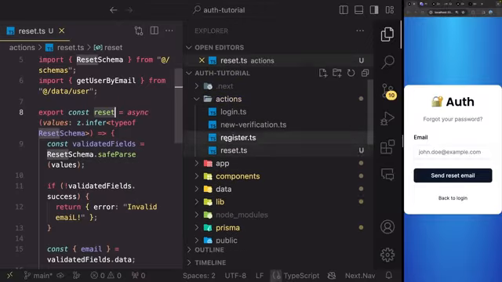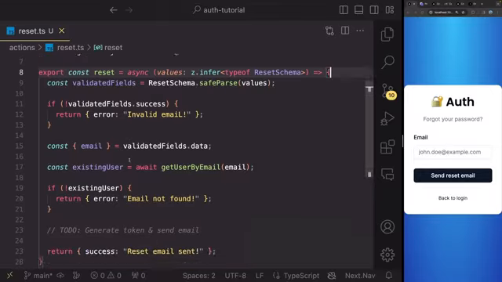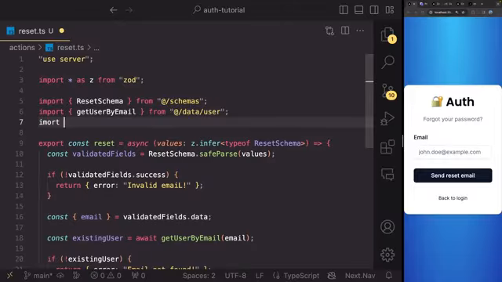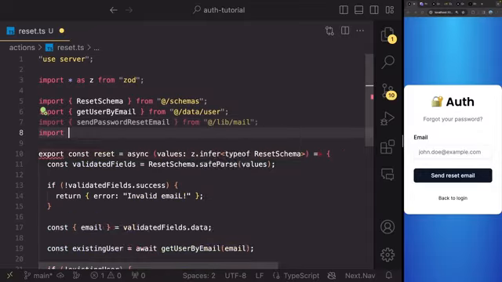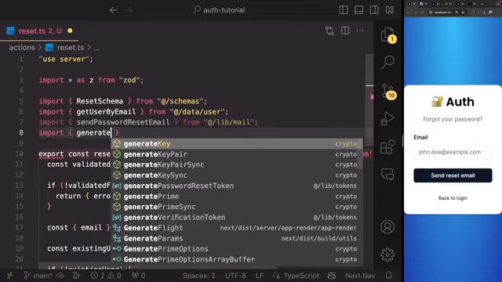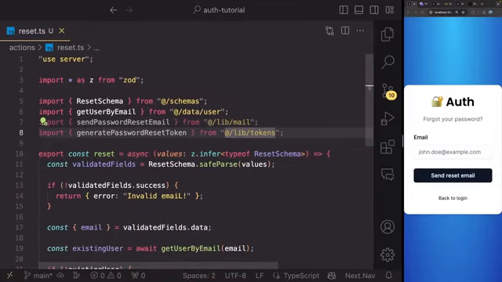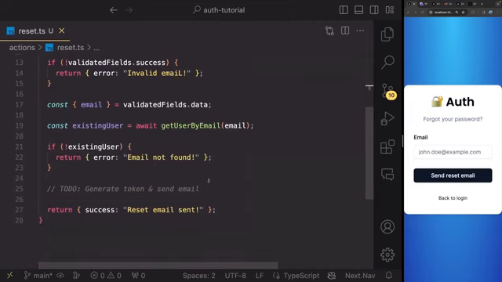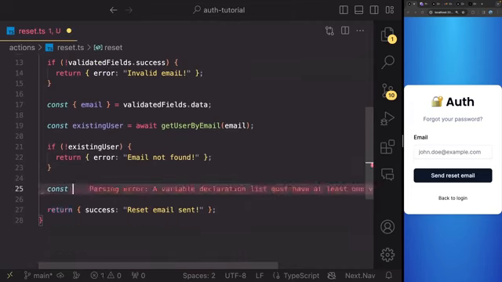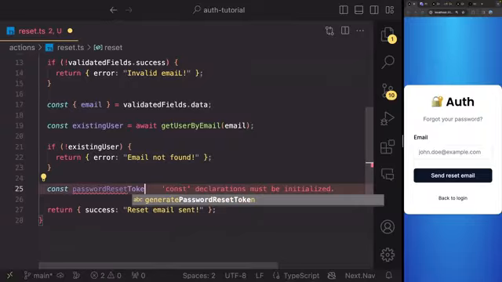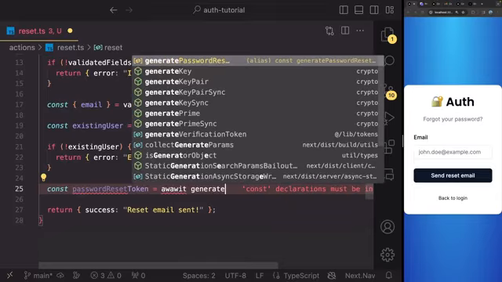So actions reset here. And let's go ahead and import sendPasswordResetEmail from lib/mail and generatePasswordResetToken from lib/tokens. And in here we have a little to-do which we wrote. So let's go ahead and write const passwordResetToken is await generate